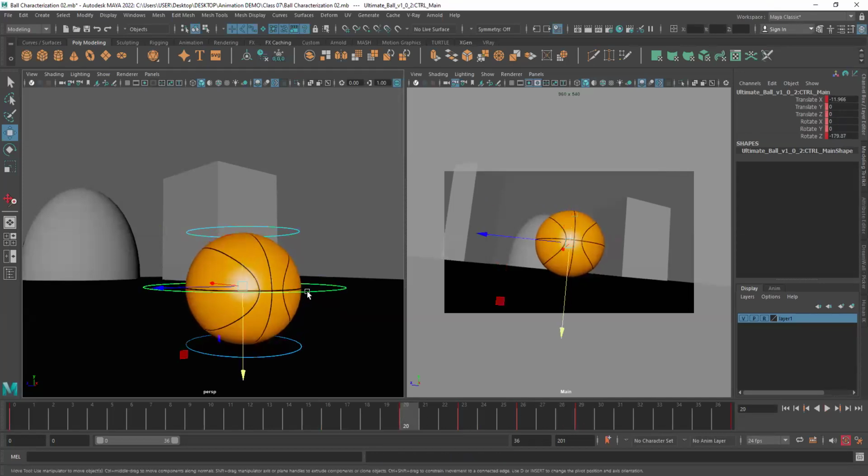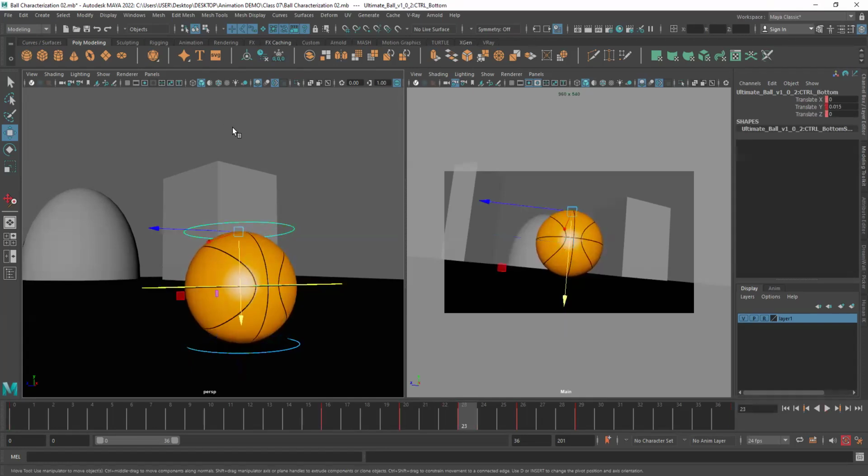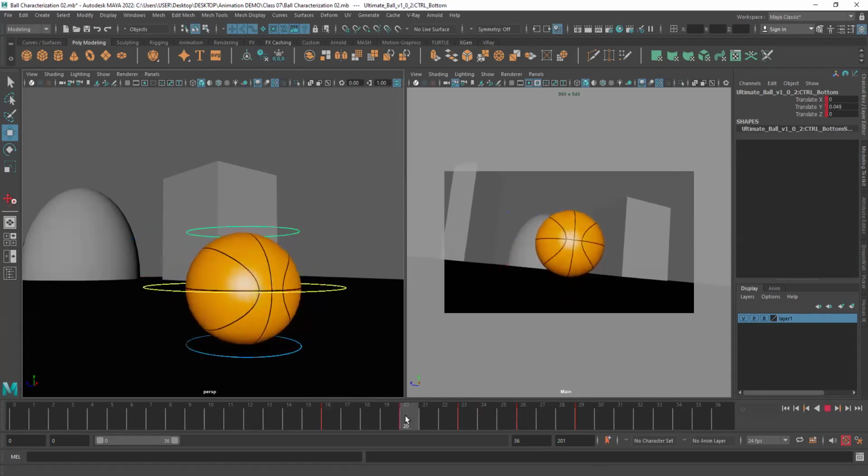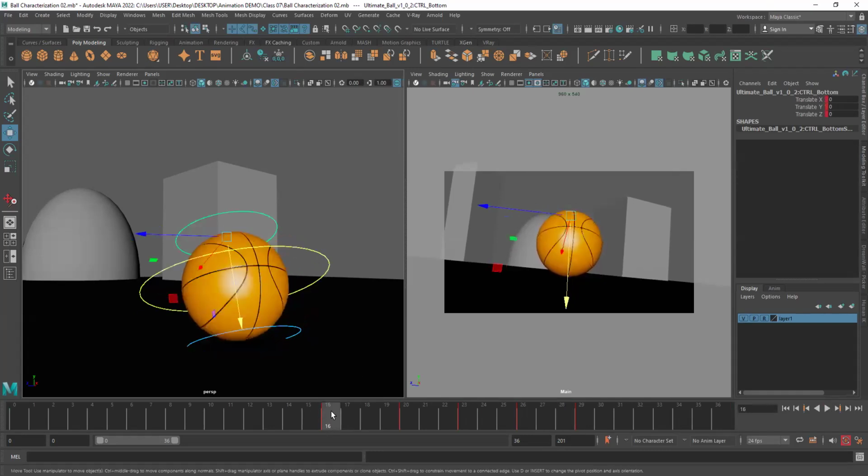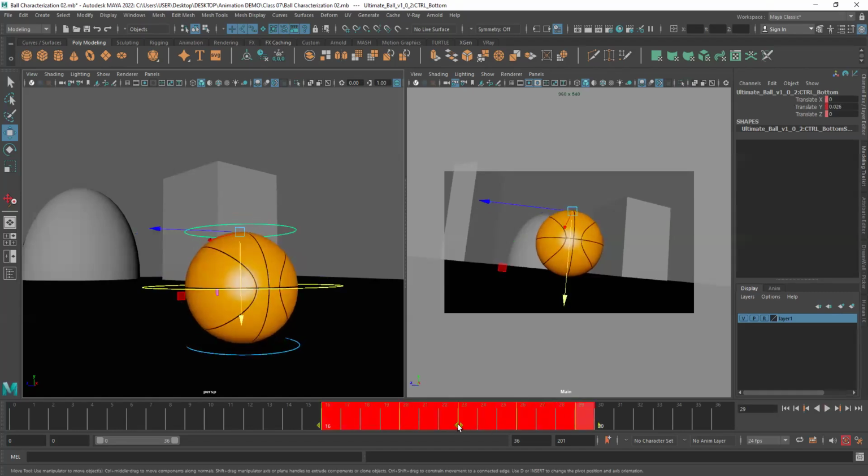See, when the ball came to a halt, this is where we squashed it. Then the ball moved backward, so we stretched it, and this is how we've done the full animation. So I have the full keyframes here that are doing what I want them to do, but I want them to be delayed. That means I want to add one or two extra frames to the time it takes for them to happen. So I will press shift, select all of them, and move them